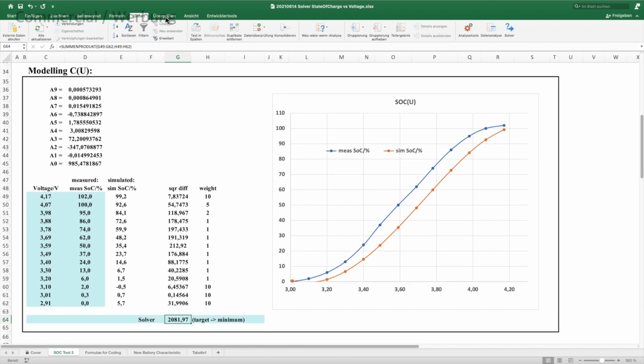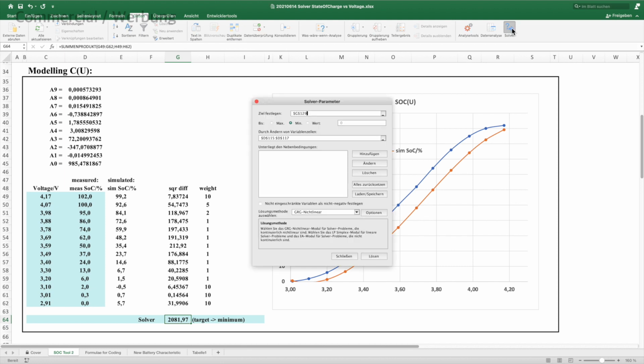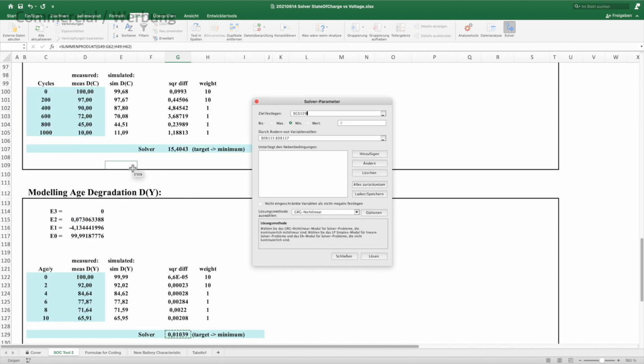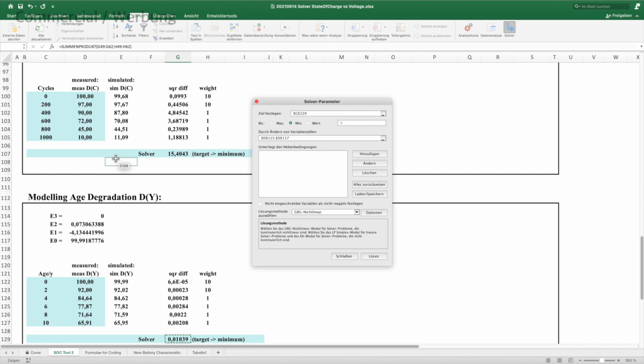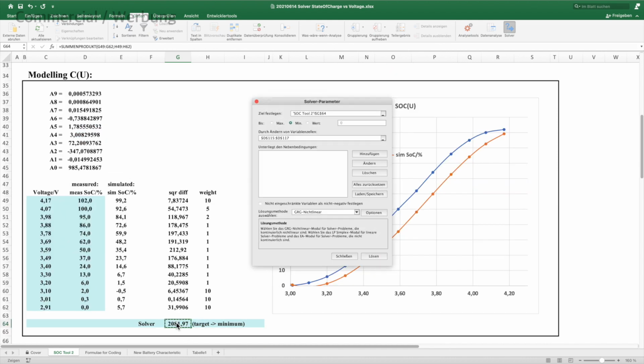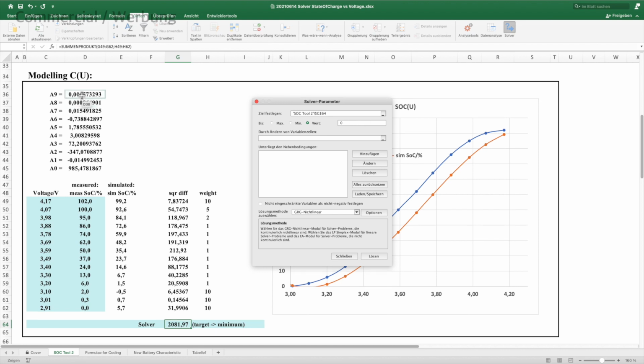Now, here is the clue. We start the solver. And first we define the target cell. And then we define the cells for variation.